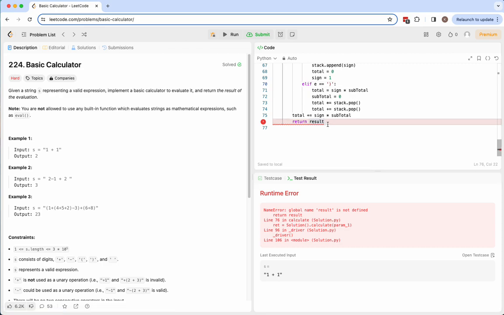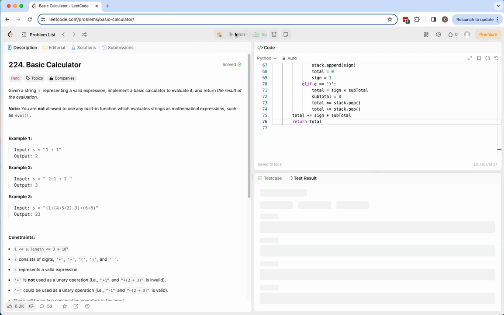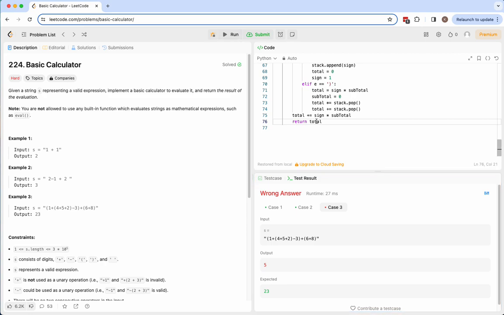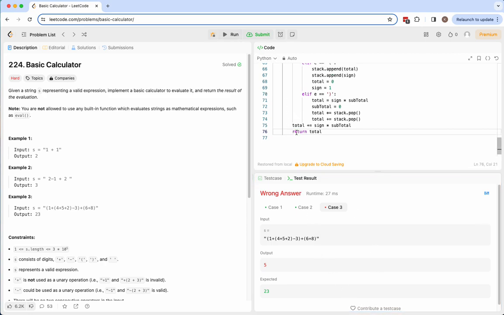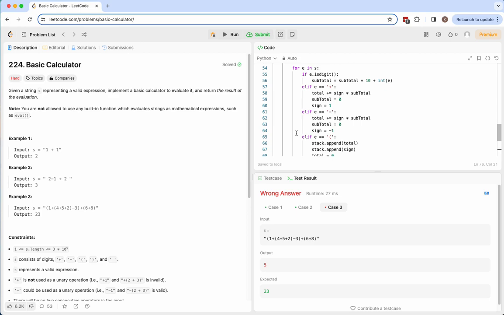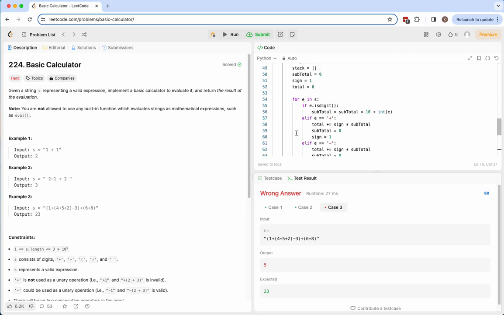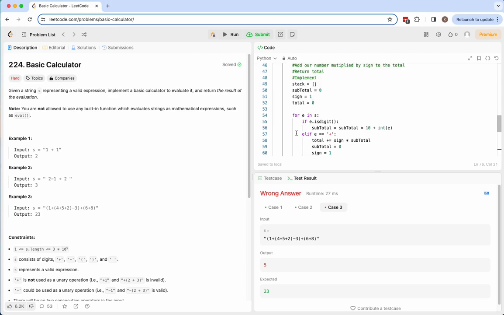Oh, whoops. It should be total. Oh, darn it. Let's see. For E in S, if E dot is digit,